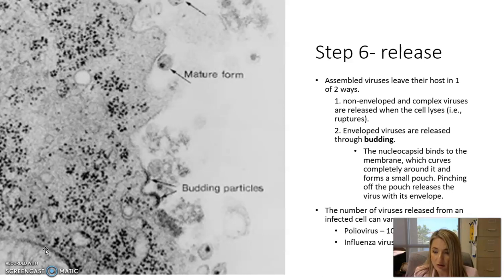Envelope viruses cannot leave through cell lysis. If a cell bursts through cell lysis, the cell membrane is destroyed. And with envelope viruses, they need to take a piece of the cell membrane with them as their envelope. So they can't just blow up a cell, or the cell membrane goes away and then they have no way to get their envelope. So envelope viruses always release through a process known as budding, which is actually easier to